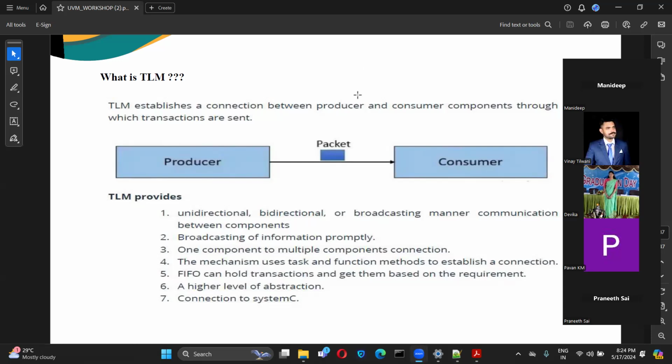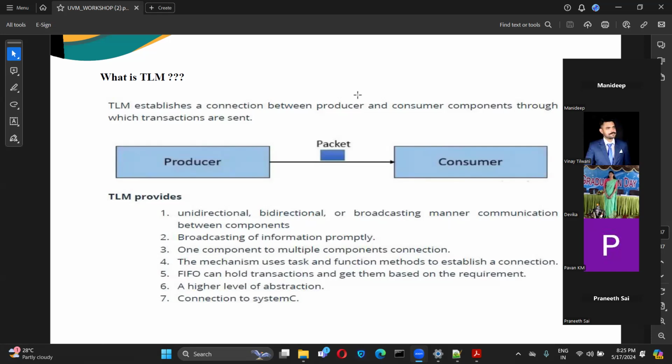This side is putting the data at its own pace, and this side is collecting the data at its own pace. It is not losing the data because we are providing a memory where it can store the data. In the same way, we have the TLM FIFO where we can store the data. The producer can put the data in that FIFO and the consumer can just retrieve the data from that FIFO. So this is one of the ports, called the TLM FIFO port.